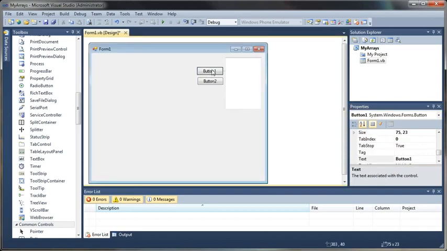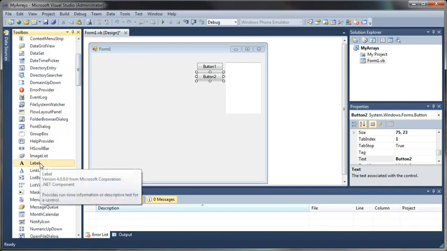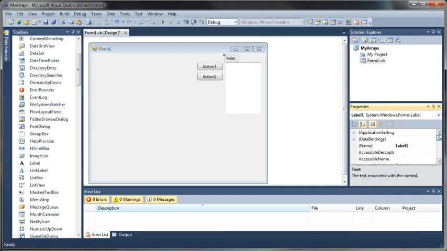Okay, I'm going to scoot that down. I actually want one more control here that I will use. It's just going to be a label control, so you can drag that up there. And let's start by changing the text on the label. So go to your text property, and we'll just type in index, and scroll up, and let's just call this lblIndex